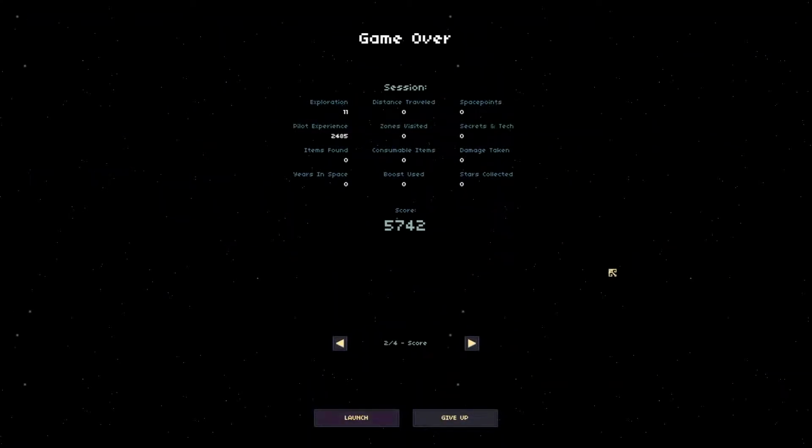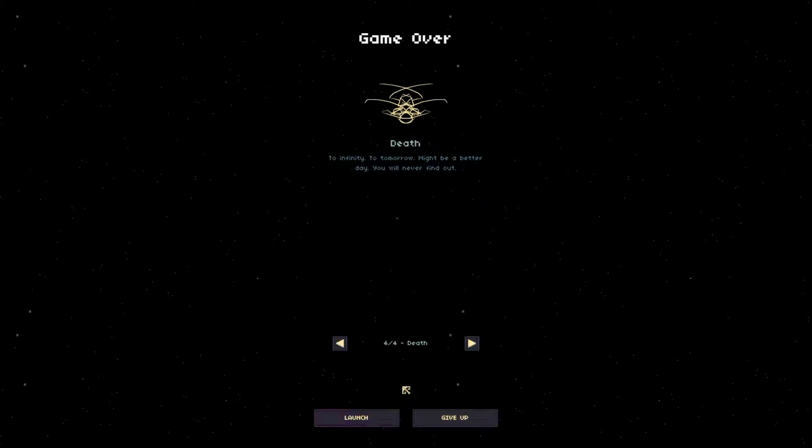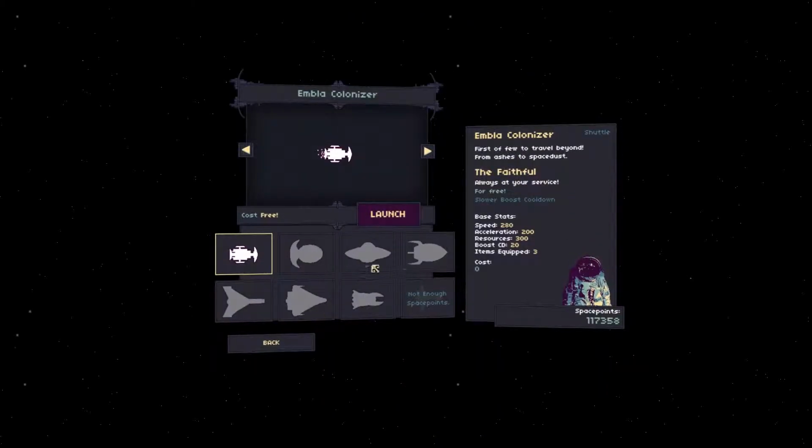There we go. So this is what happens when you complete your run, whether you win or lose. You are totaled up. There's the little legacy bonus that will appear occasionally, and tells you how you died. So if I launch one more time,